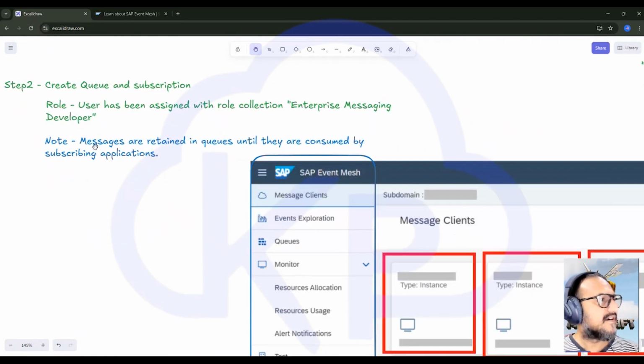And then you have to make sure that messages are retained inside the queue until they are consumed by the subscriber application. That's the beauty about it. It will hold the message until it is delivered to the target. But yeah,